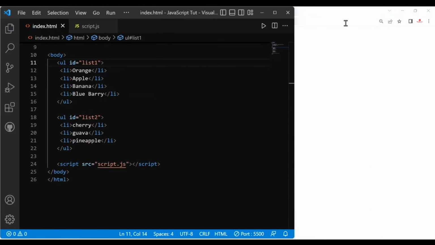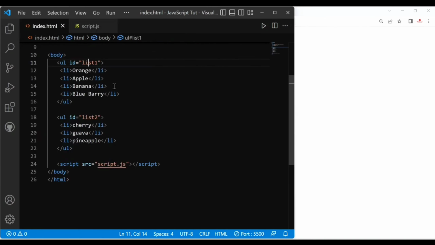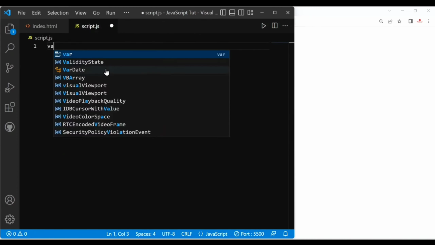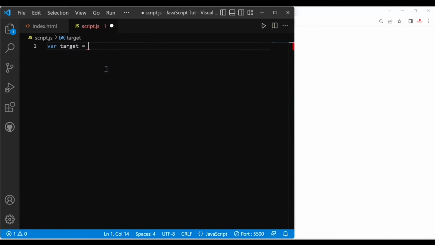Okay, how can we use cloneNode? For that I have 2 lists. The first unordered list is list 1 and the other is list 2. Now this is the file format of my document. This is index.html. Within this folder we have script.js, and I connect this script with the help of the script tag. Now after that here I use var target equals document